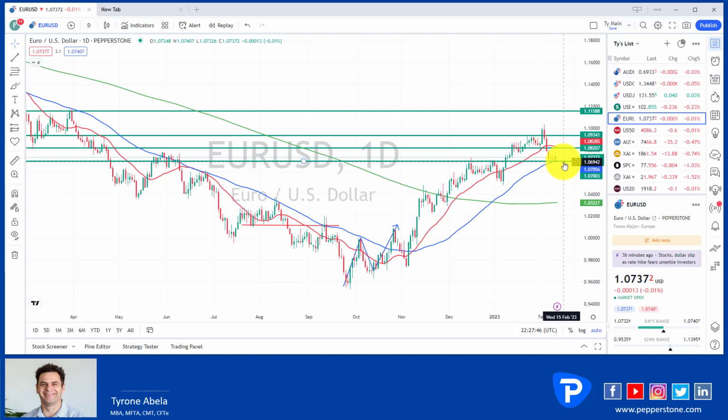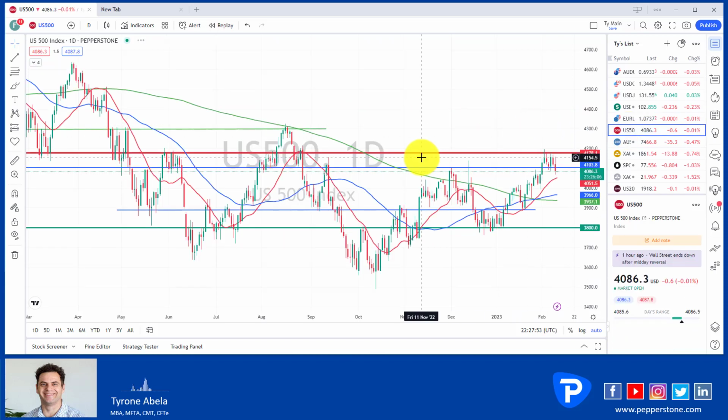If you're going to go to the 15-minute chart, look for pullbacks to the 20 moving average, and then sort of take those in the momentum and direction of the trend. But if we get a daily close below here, below the 107, then we're going to start targeting the lower moves for next week. All right, now we'll have a look at the S&P 500, and you can see we